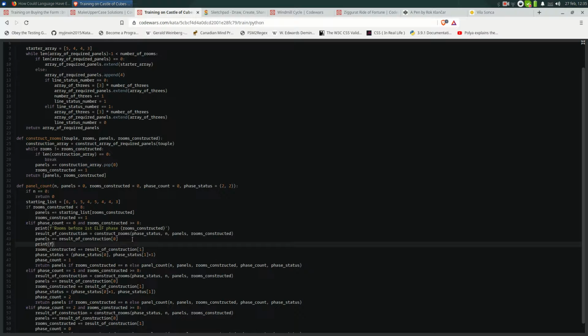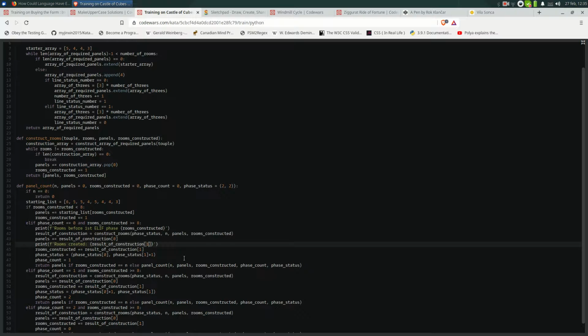Print rooms created is result of construction, the first one,